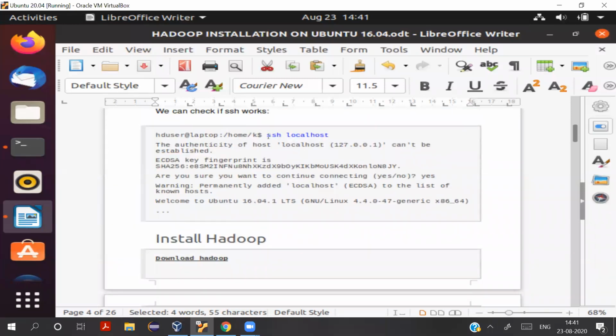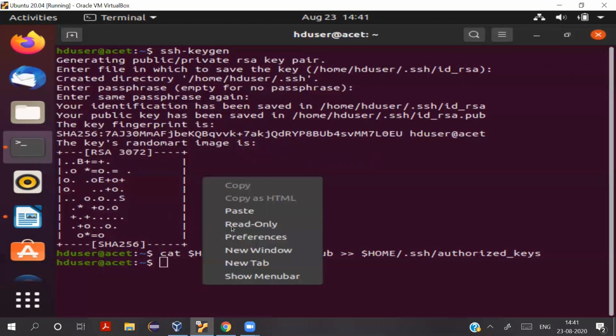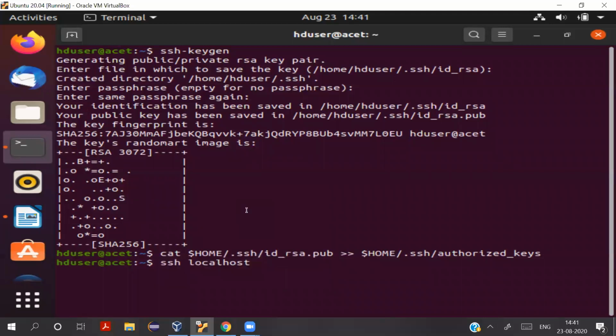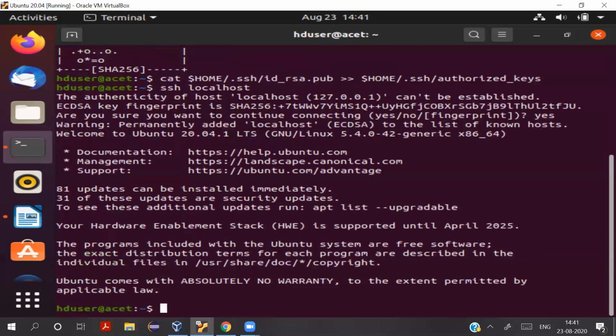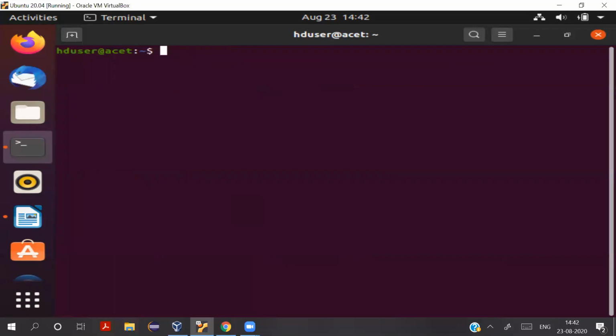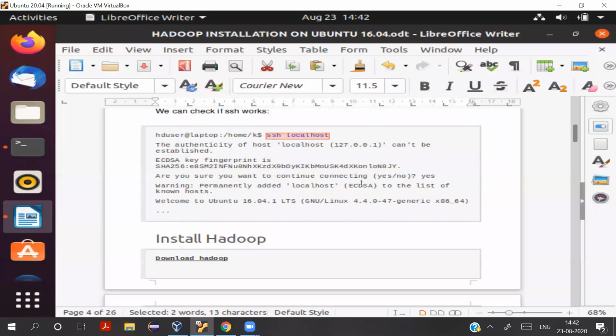We'll just connect to the localhost so that we can see that we can connect to Hadoop without any problems. So this is also done. These steps are required so that you can run Hadoop easily. There are no interruptions in your usage of Hadoop.